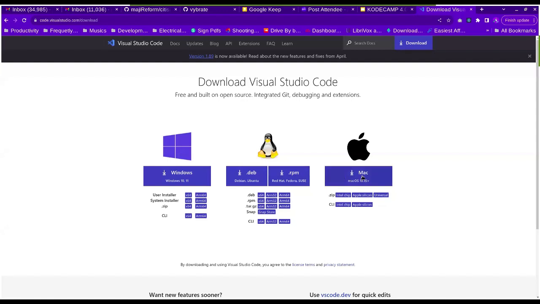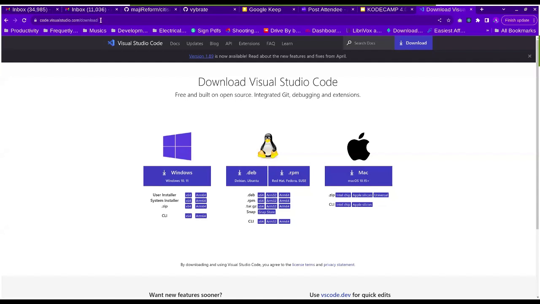Then macOS, for people that are rich, right? So don't mind me. If you have a Mac, you can use this link to download for your operating system. Now, this is for downloading VS Code.